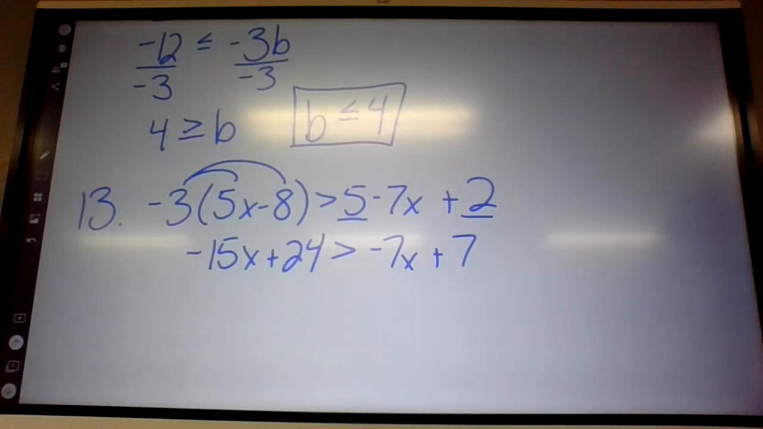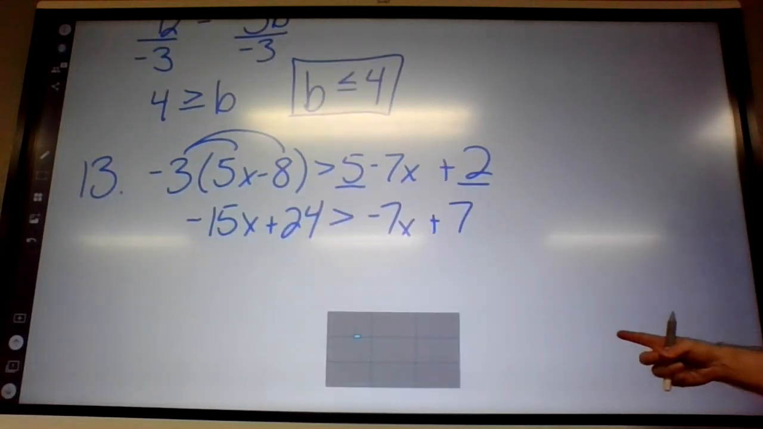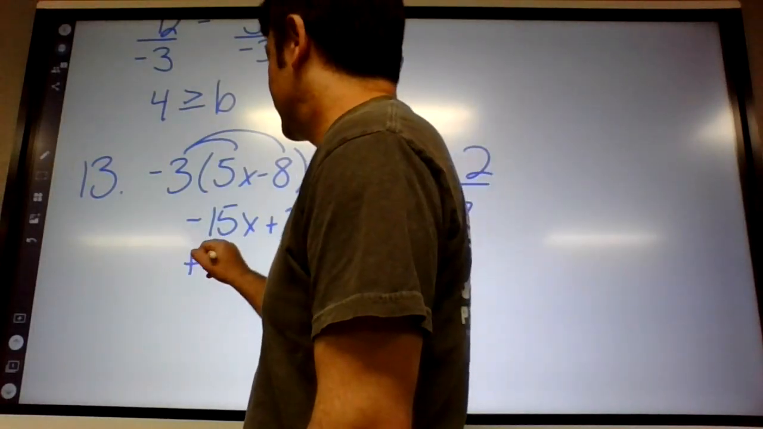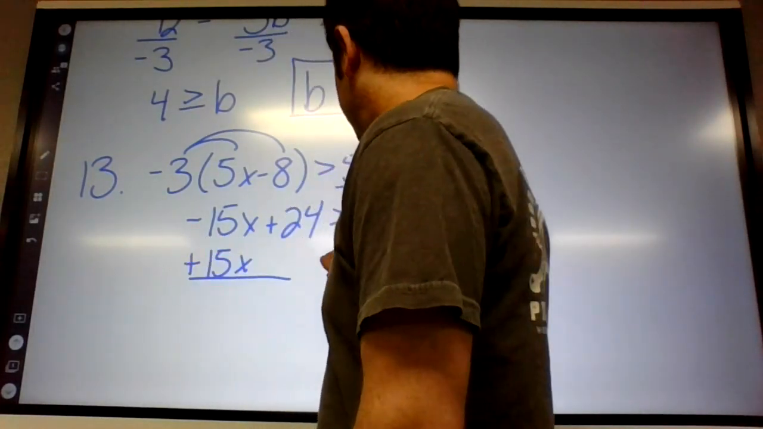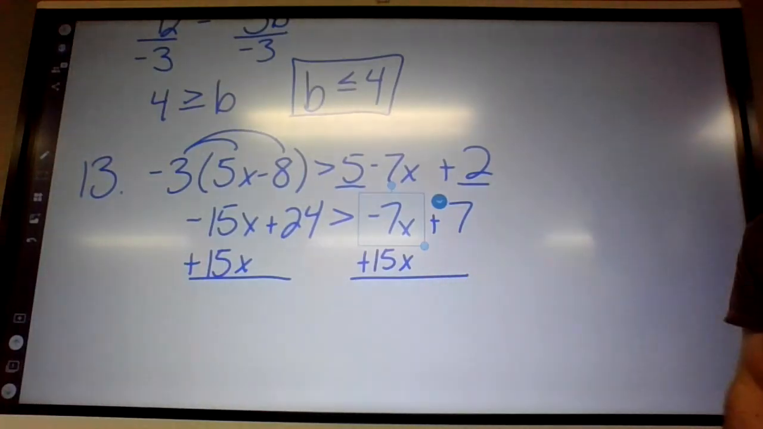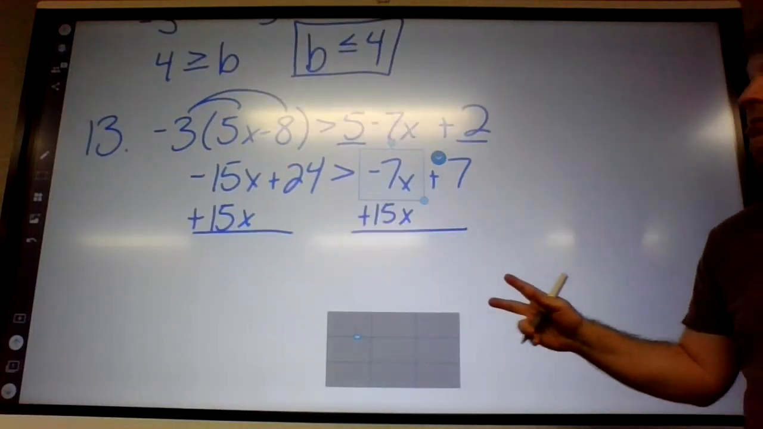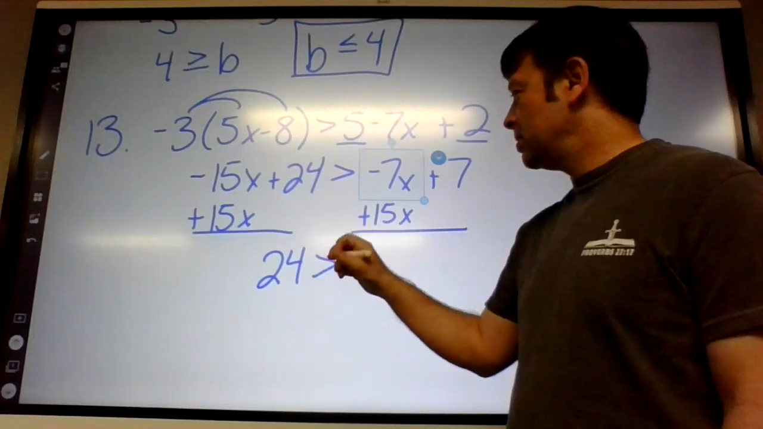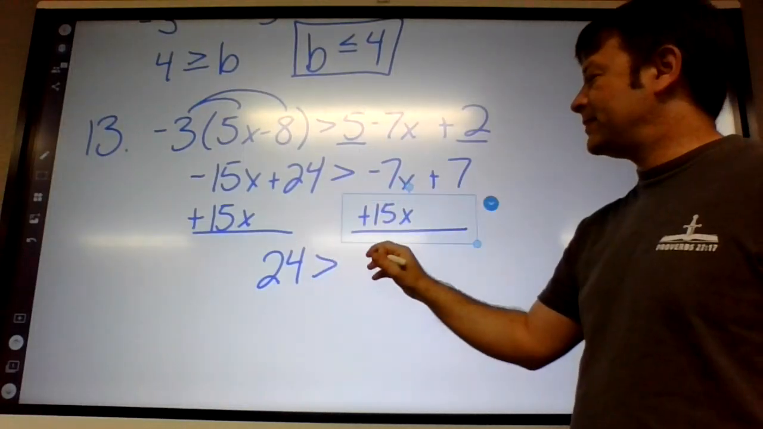Now you can add 24 plus 7. Or subtract 7. You could add 15x or you could add 7x. If we add 15x, our x's will be positive and we're probably less likely to make a mistake. Okay, -7x plus 15x is